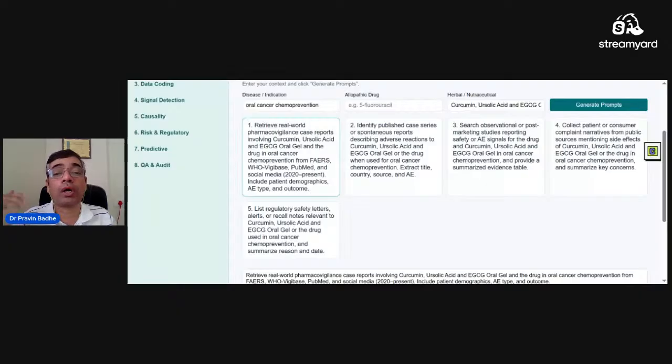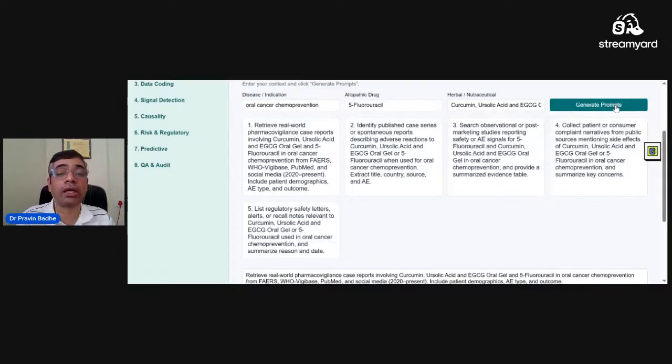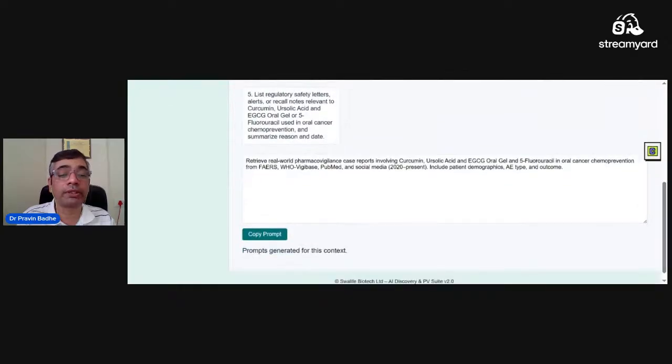But if you are already at the stage, and in this case we are already at the stage with the human work, where the oral cancer drug which is given to the patient is 5-fluorouracil. So that's why we are putting that 5-fluorouracil, to understand if there is any adverse effect or anything available in the public domain. And then you can copy the first prompt